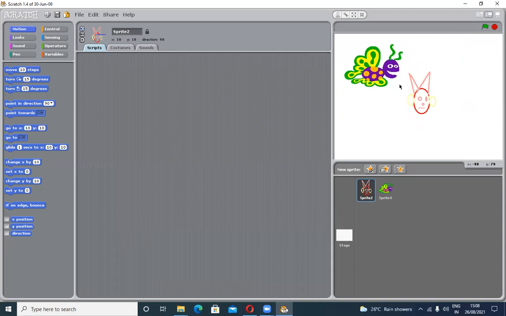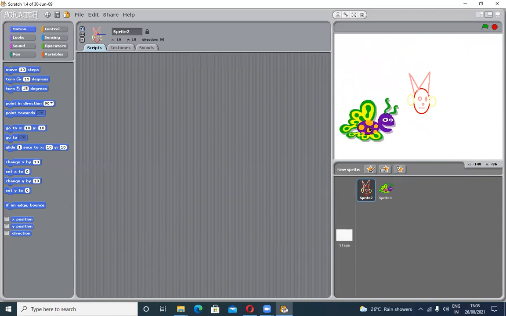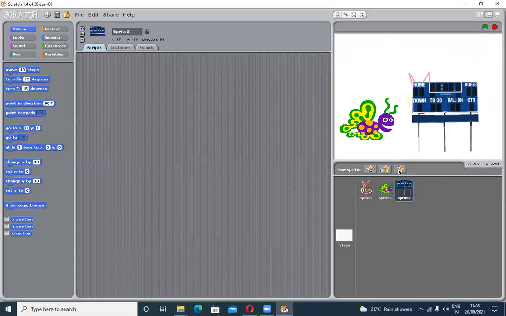Now I made this. So dear students, as you have seen, suppose I place this, I move this sprite to this place. Now the location of this sprite is showing us its position on the x-axis and its position on the y-axis. So next, the third option is get surprise sprite. Surprise means accidentally any one sprite appears on the stage area. Okay, when I'm clicking there, you just watch.